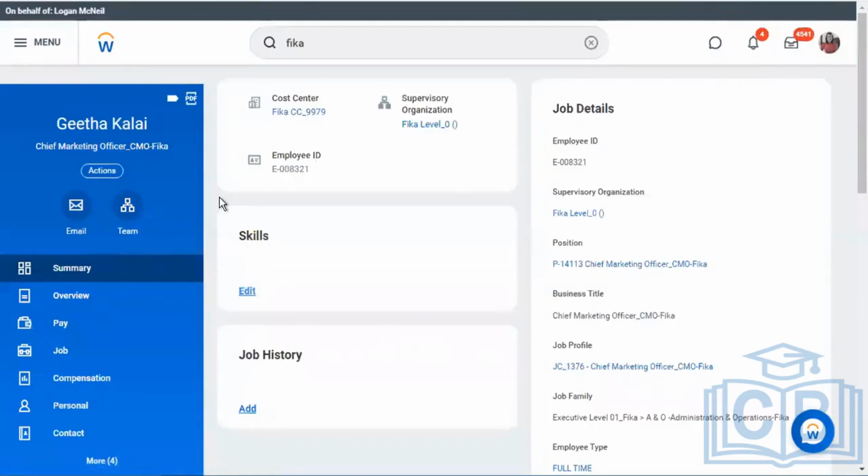Move to where? Level 1, which has the same staffing model. Both are position management. And can you help me with the steps on how you initiated the transfer? No, I just did it from the supervisory organization, only from the related actions task. From the organization level, you said, yes, let me open this.